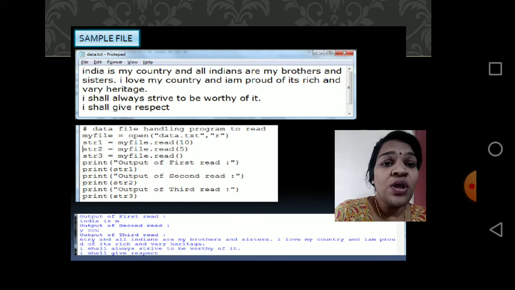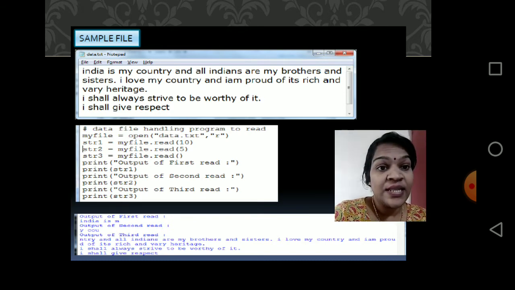So see the program. The program says my file is equal to open data.txt comma r, where r represents read mode. You are opening data.txt in read mode, and my file is a file handle here. Now str1 equals my file dot read with n. My file will contain the starting address of data.txt.